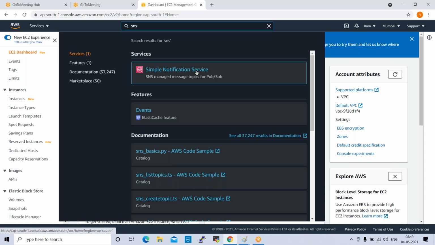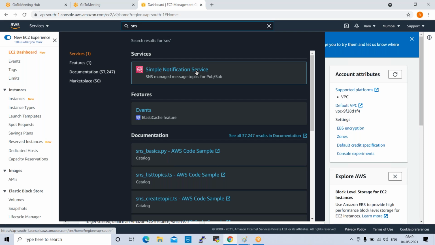Simple Notification Service means, normally when we use our mobile data, for example, you have utilized 100 MB of your mobile data. Once you stop the hotspot you are using for your laptop, you will get some notification: you have utilized 100 MB or 200 MB. That notification is sent by SNS, Simple Notification Service. Okay, so this will send notifications for our internet broadband and the mobile Jio data we use, right? For that, SNS will help you send the notifications.